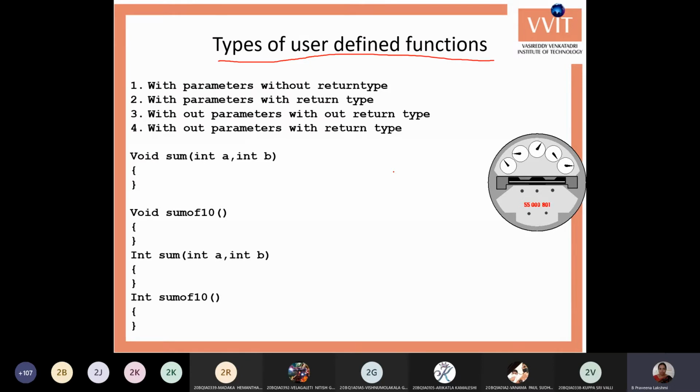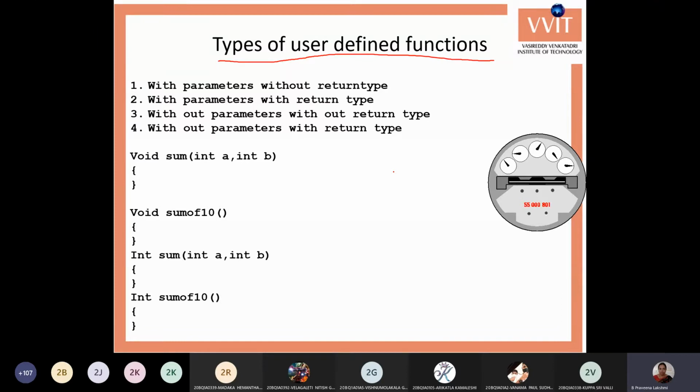Within the user defined, you need to write these four types of functions, and give an example for each type.